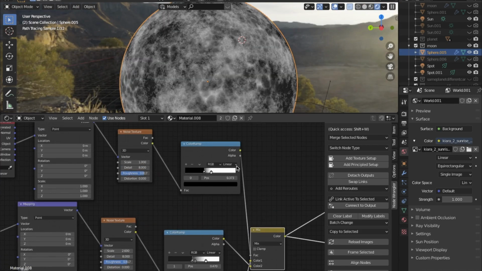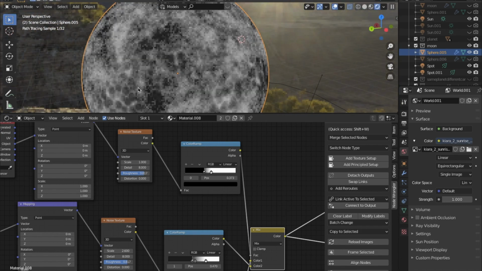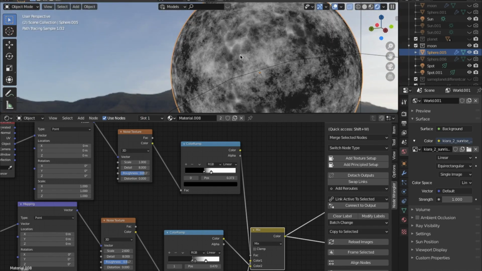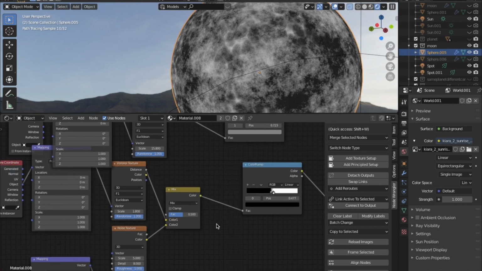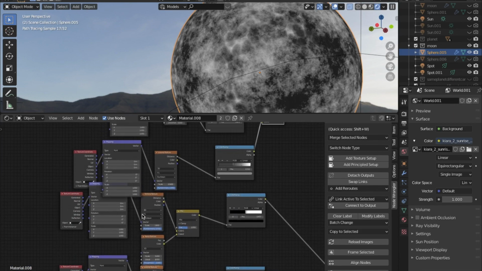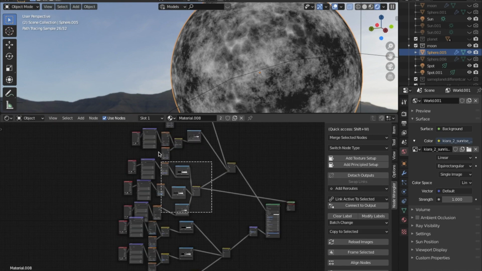It doesn't really add that much. It doesn't make that big of a difference, but as you can see, in parts like here you can see the Voronoi texture a lot stronger than in other areas like here. And that's what this noise texture does, this top one, the factor. And then over here, the bump is the exact same as this top area,